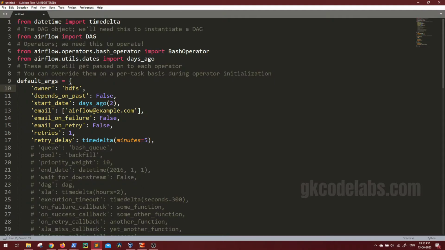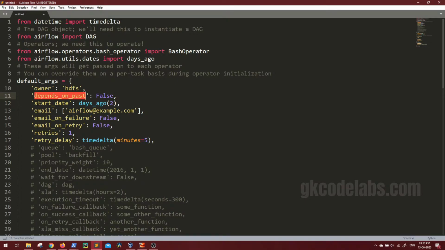Depends on past. This argument, true or false, will decide that for the current run of all your jobs, first job, second job and third job, in case that is not completed for yesterday, today's run will also not trigger if you mention it as true. We don't want it right now, so I have mentioned it as false. So there are many options. You can see the values directly in your Apache Airflow documentation and do some hands-on.